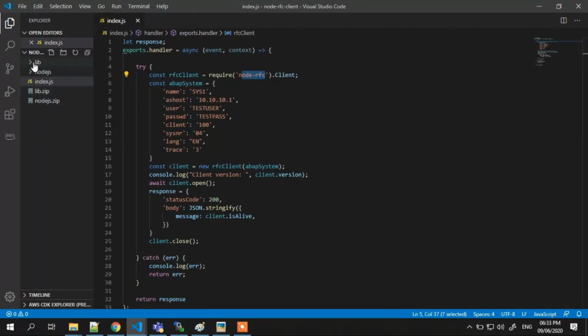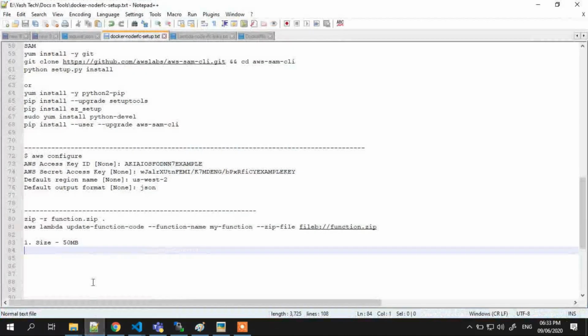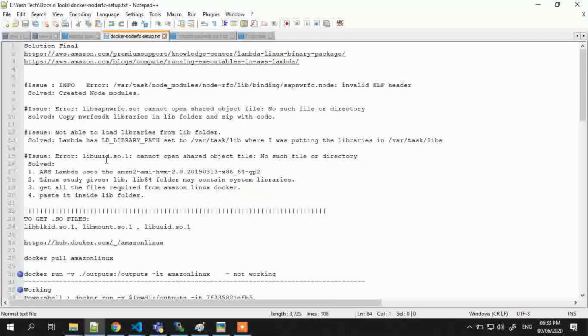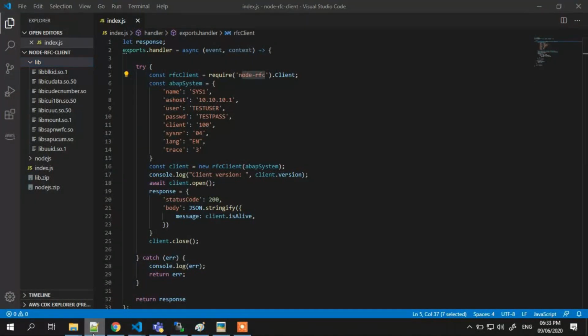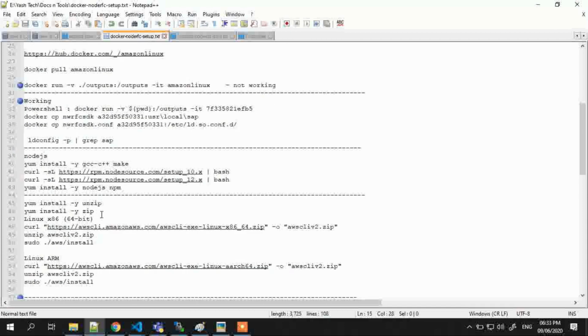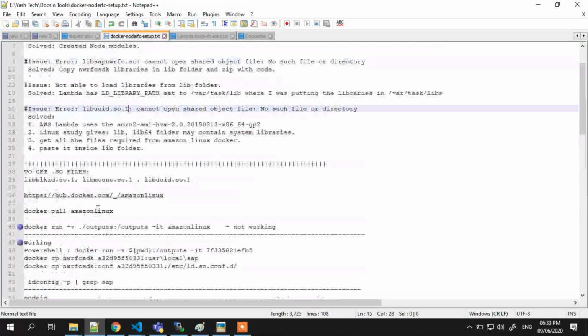After that I created a lib folder. As you can see, I did some patching here, because I was getting an error with the current SDK when I loaded it: libuuid.so.1 is not found. So I copied the files available in lib64 from this Docker image.